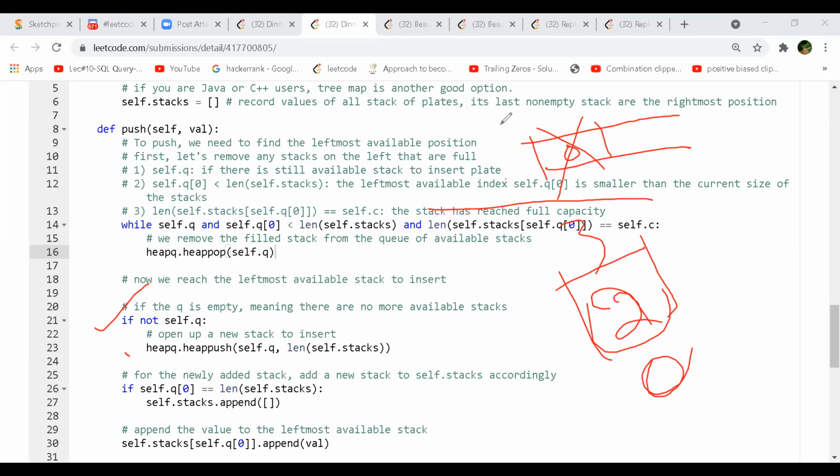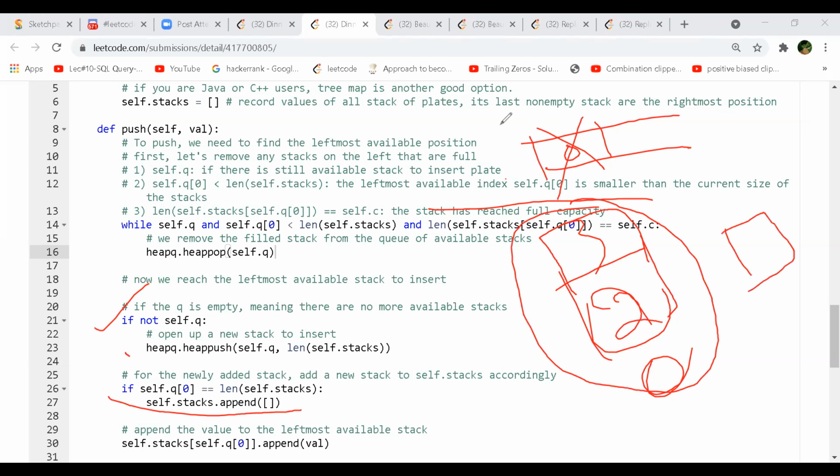But when we are maintaining this heap queue, we know which is the minimum index at which I can pop the elements out. Yeah, but this is full, no? This capacity is full, so there is no point in keeping it in there, right? Now you'll have to go for the next stack. You'll have to append the next stack, and its index will be pushed into the priority queue, because now this priority queue will tell where you need to push the elements. Is the interpretation correct, Santosh?